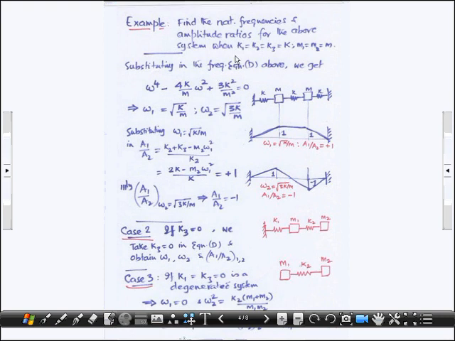Okay, so we have studied a case where the three spring constants are the same and the two masses are the same. Well, you could also take another case. Suppose K3 were 0,